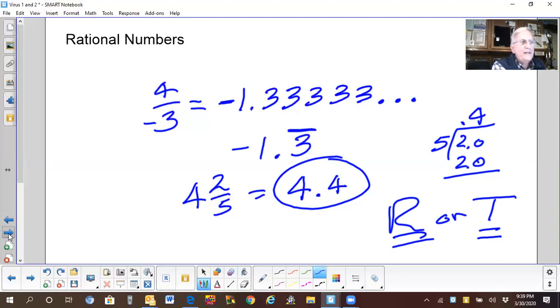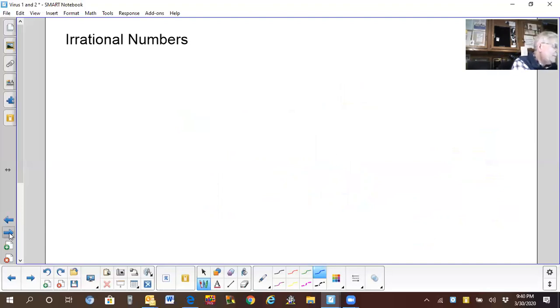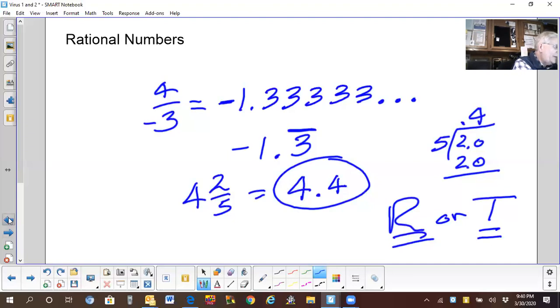Now, we have begun to discuss how you change these decimals back into the fractions they came from. The only one I'm really concerned with you remembering for this test that's coming up is the following. I want you to be able to remember that when you have a repeating decimal, all right, I've got on the wrong page here, excuse me a minute.